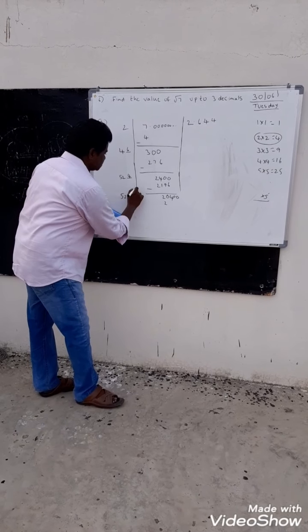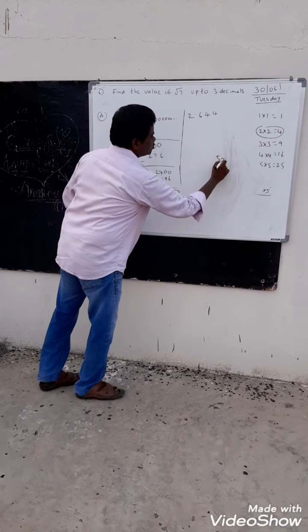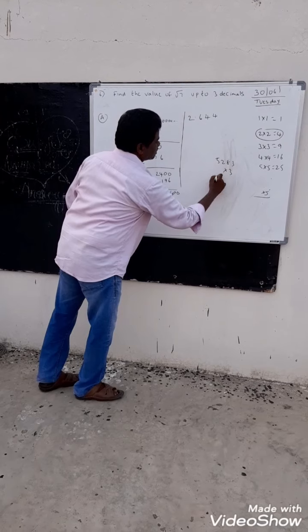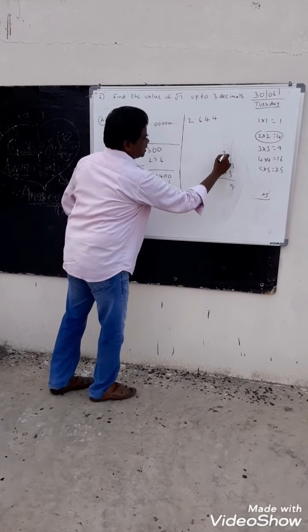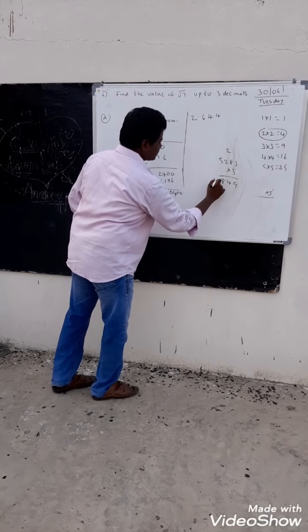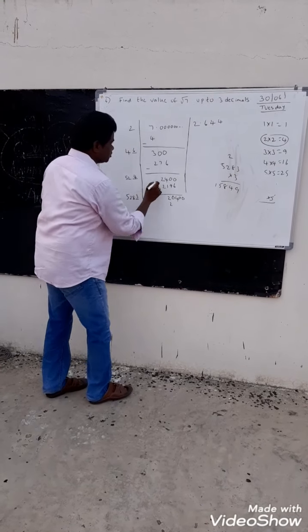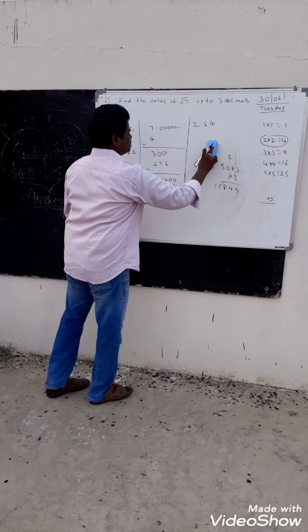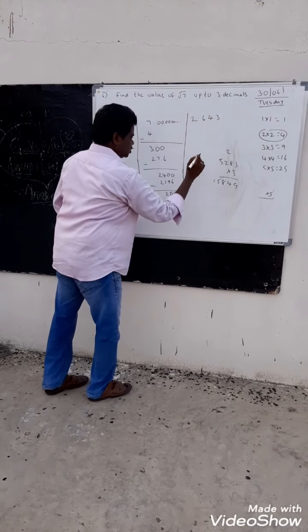That is 528. So 3, 528, 3 into 3. 3 3s are 9. 3 8s are 24. 3 2s are 6, 6 plus 2 is 8. 3 5s are 15. So you have to place 3 only. So here also 3. So you will get